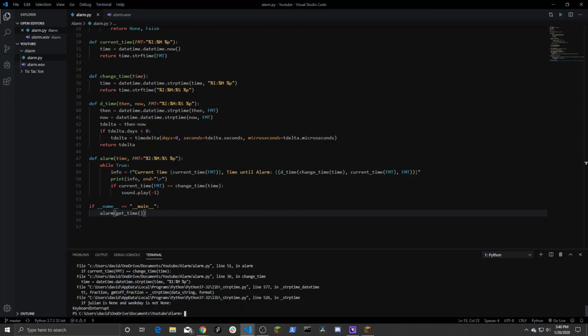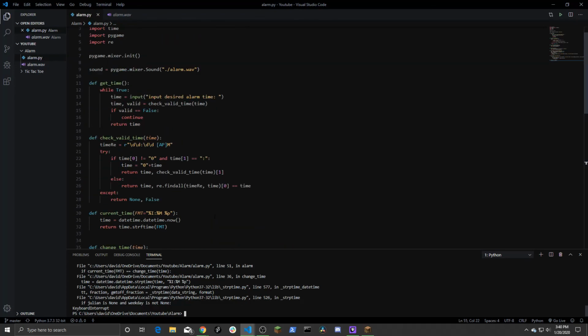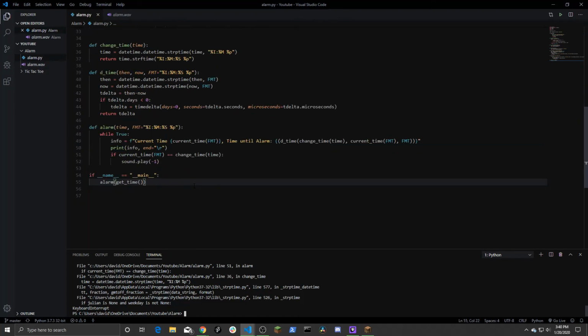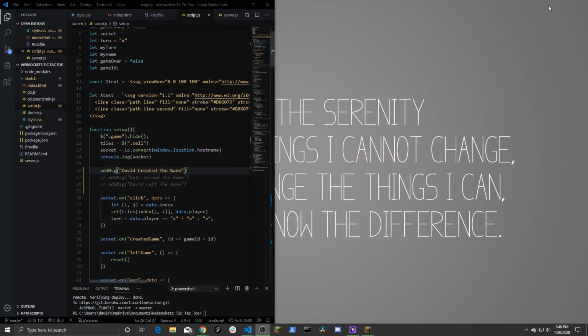So I just stopped it with Control-C, and that's probably the easiest way to stop it. But that's it. This is a simple alarm. There's a lot of stuff you can add to it. I plan to make a video in the future adding a whole GUI to it with tkinter. I can actually show that off because I have it. I've made it,